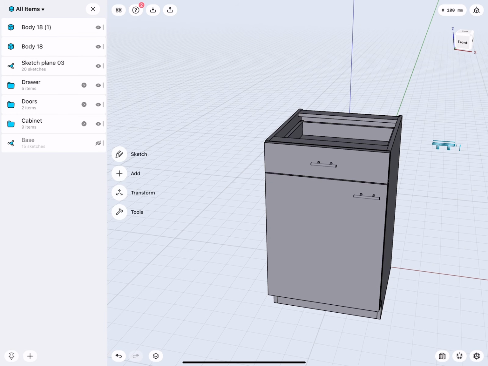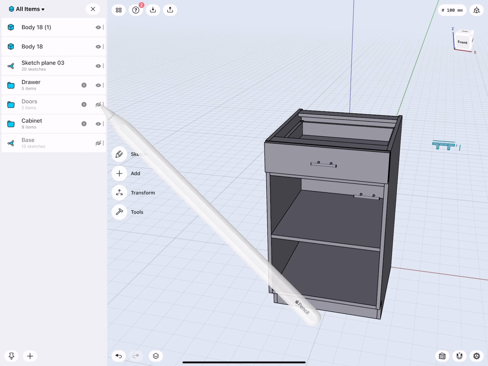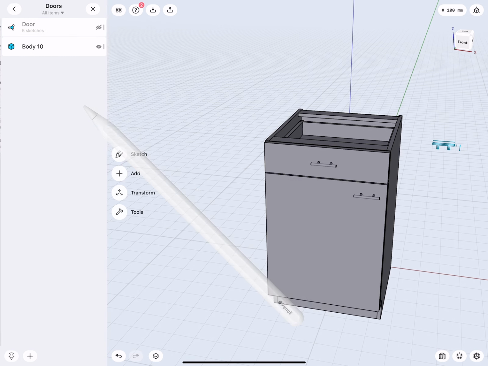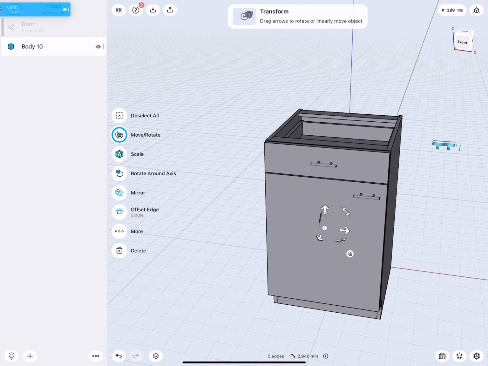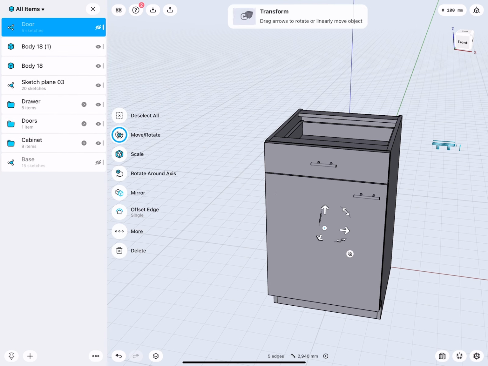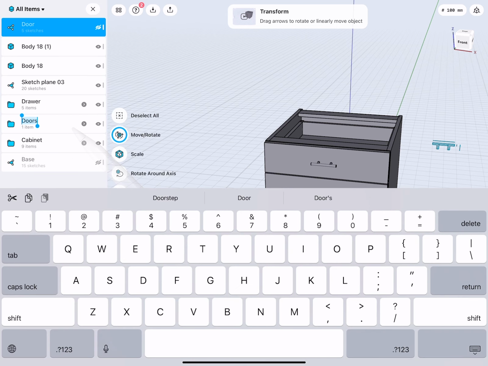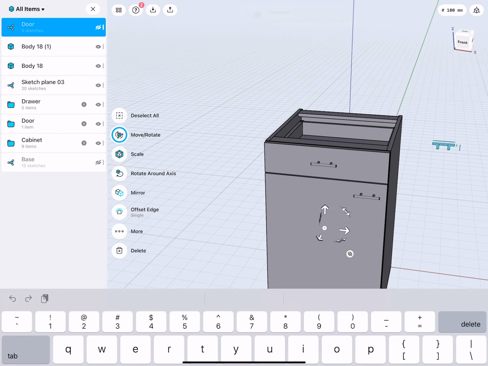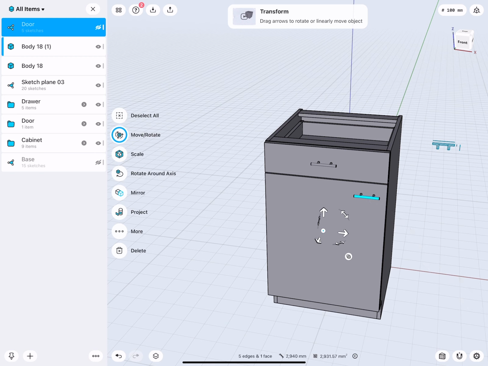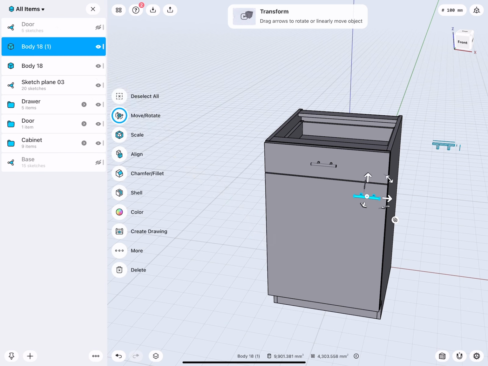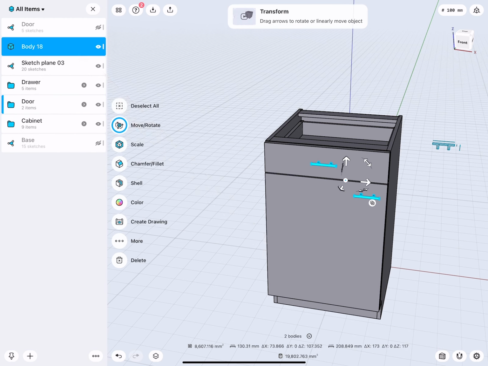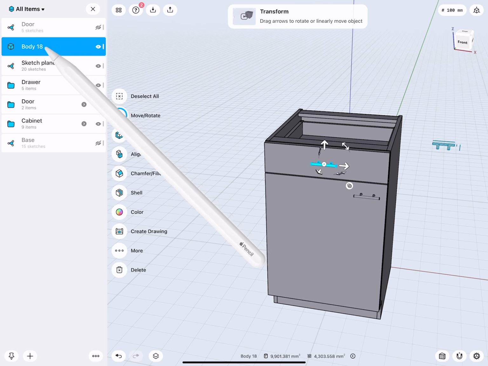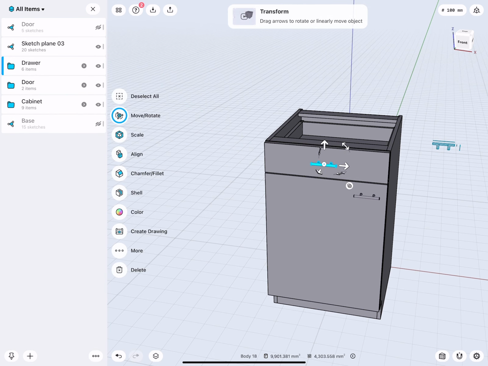Now, where's one drawer? There, doors. This has 2 objects. Oh, it has the sketch. Very good. Well, the sketch maybe we will move out. And this is actually now just door. And this we will drag into door. And then this we will drag into drawer.